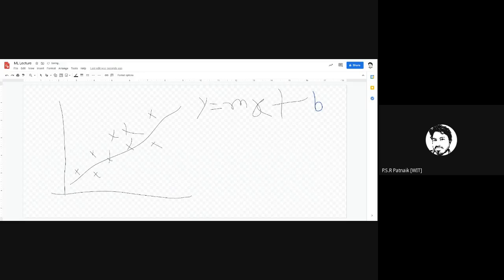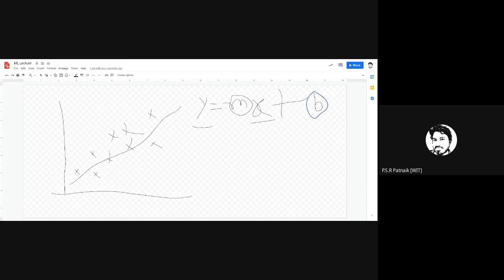As we have already discussed, in order to guess this equation, we have this x and y, and what we have to learn are m and b. Usually m stands for the slope and b stands for the intercept. So we have to guess these two. Initially we will assume some values of m and b, then based on them we will try to improve m and b such that we have the least possible error.